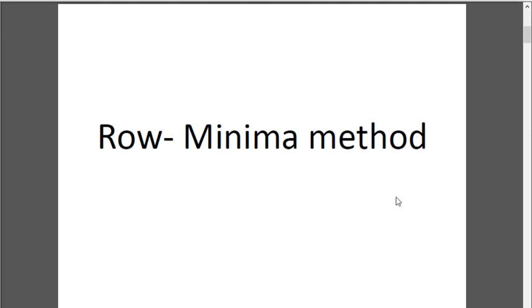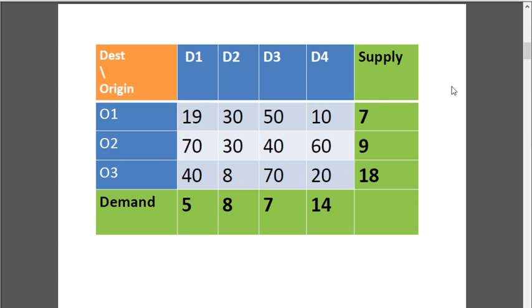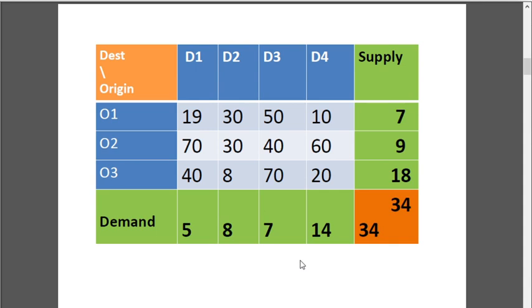The next method is the row minima method. So we have taken the same problem, 4 destinations and 3 origins and a balanced one. In the row minimum method, similar to the matrix minimum method, we'll be selecting the minimum cost cell and supplying the demand. The only difference will be